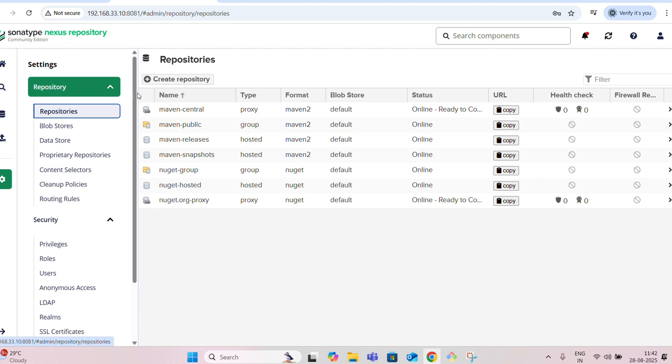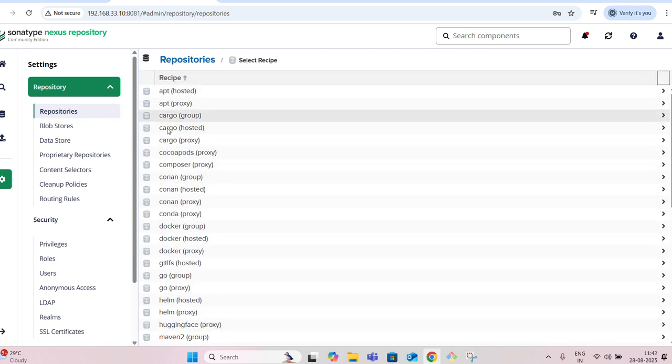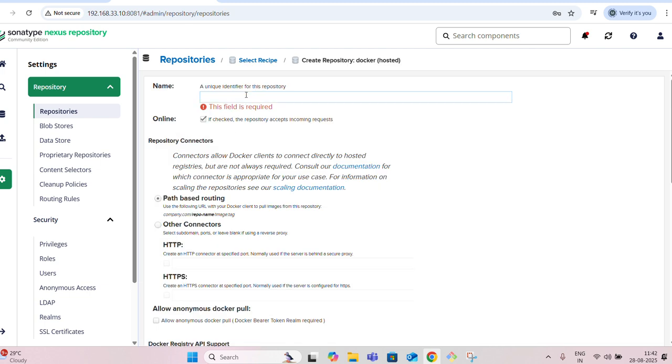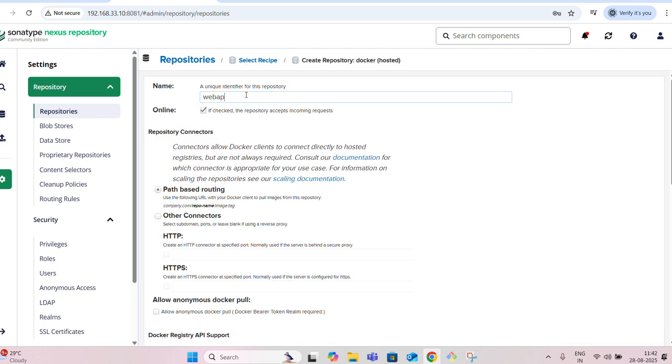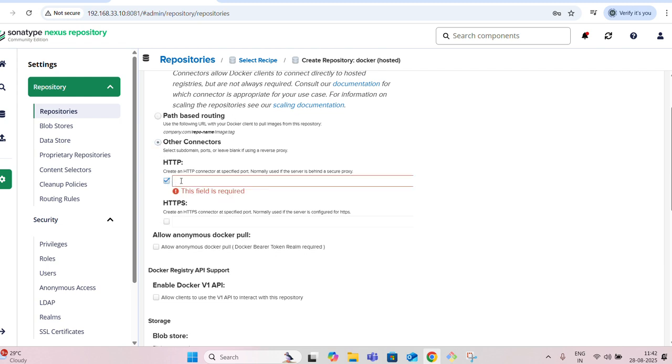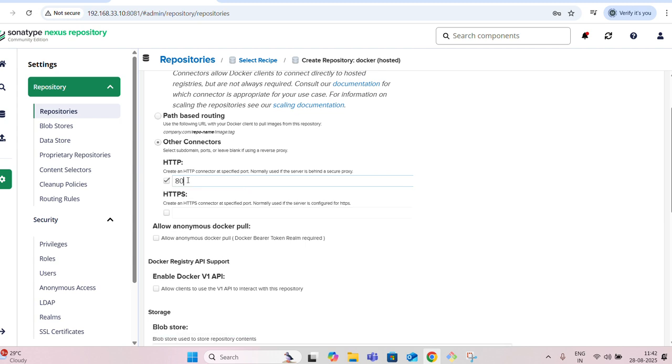Then I will try to create the repository. Go to the repository and create a repository. Select Docker hosted, click on it. In my case, I will select the web application name. If you scroll down, you can check that path-based routing is the default. I will select HTTP and click on it.